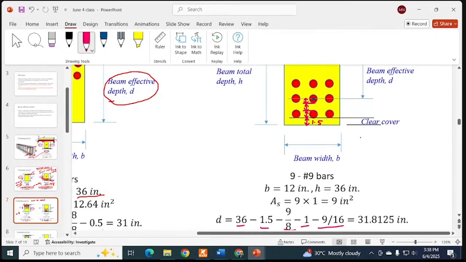নাম্বার 9 বার, তো নাম্বার 9 বারের ডায়ামিটার হচ্ছে 9/8। নাম্বারটা সেভাবেই দেওয়া হয়, সেটাকে 8 দিয়ে ডিভাইড করলে ডায়ামিটার পাওয়া যায়। দিস ইজ হাউ বার দ্য নাম্বার।